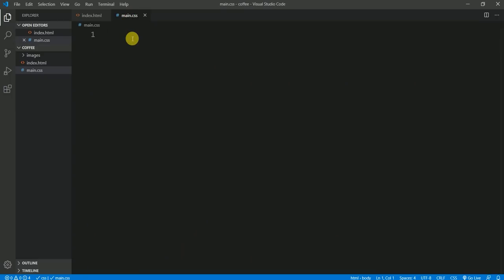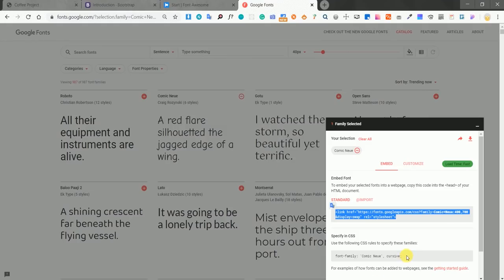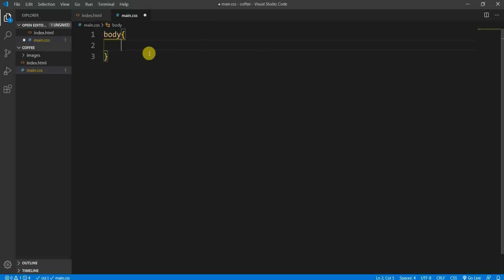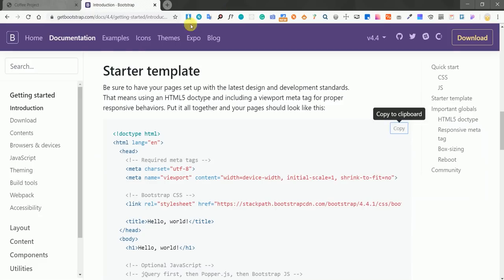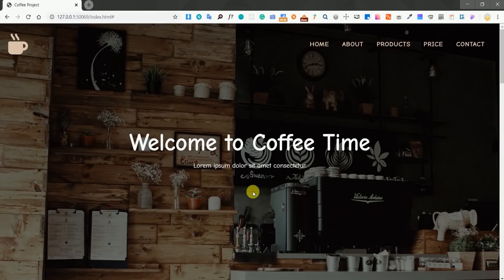Let me say body, and within this body I would like to have the CSS code of this font. After this, let me save it, and now I'm going to close all these pages, this Google Fonts, this Font Awesome Icon, and this Bootstrap. Okay,